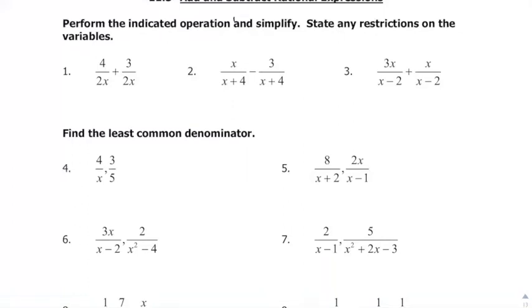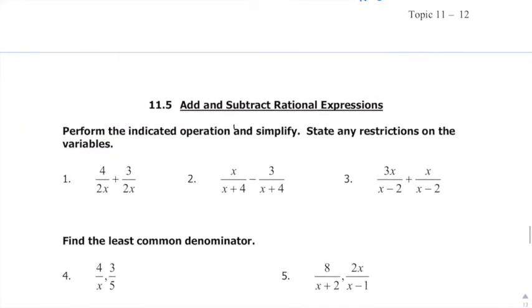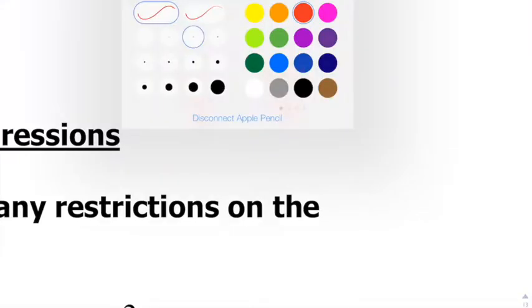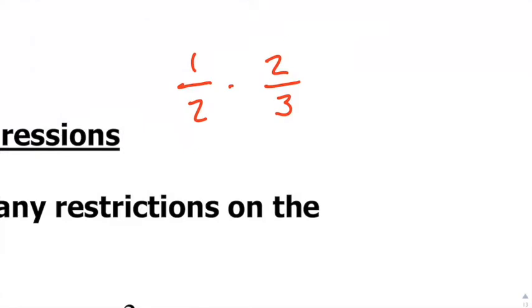All right, guys, today we got 11.5 here. We're going to add and subtract rational expressions. So think back to middle school when we were adding or subtracting fractions, we had to always have a common denominator. So for example, if I want to add a half onto 2/3, our common denominator would be some type of number